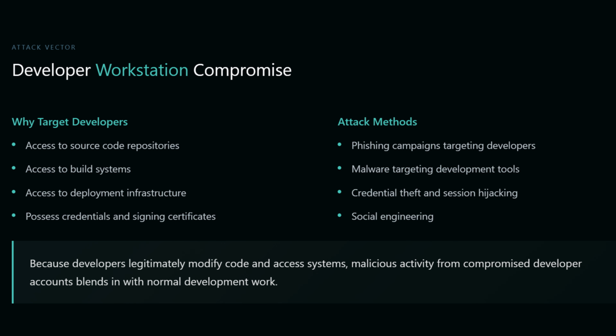Attackers sometimes compromise individual developer workstations to inject malicious code at the source. Developers often have access to source code repositories, build systems, and deployment infrastructure. Compromising a developer's machine through phishing, malware, or credential theft gives attackers entry into the development environment. From a compromised developer workstation, attackers can inject malicious code directly into source repositories. They can modify build scripts to include malicious components. They can steal credentials and signing certificates. Because developers have legitimate reasons to modify code and access systems, malicious activity from compromised developer accounts blends in with